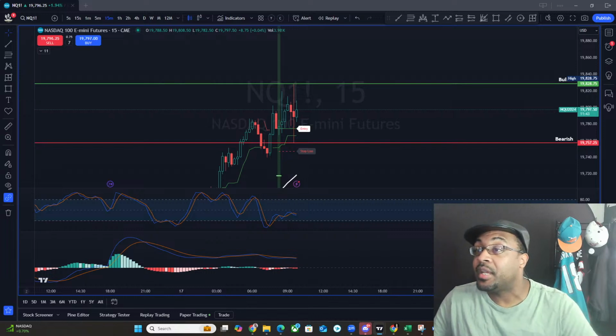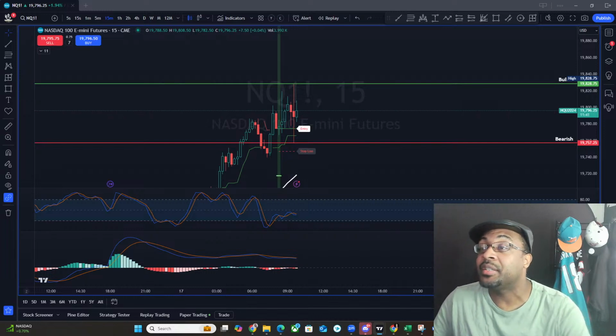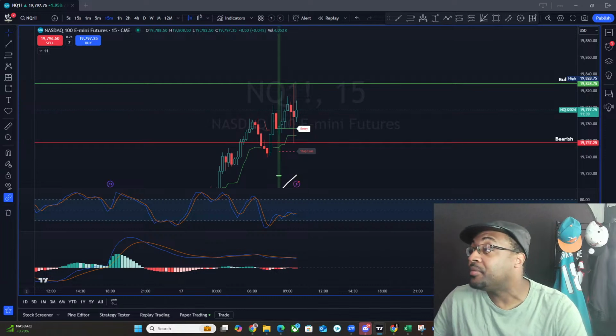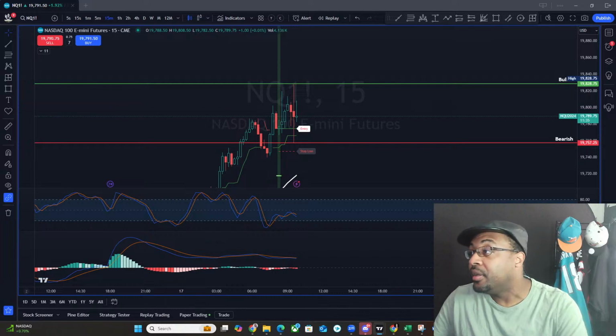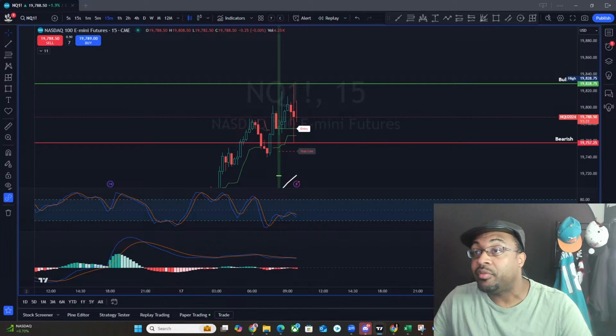Alright, they're trying to reestablish again. Probably could have taken it a second time right off that bounce. But that 19,800 level will be a tough little area for us to really stay on the top side of. We've rejected that before, made some lower lows. Let's see how the market treats it.